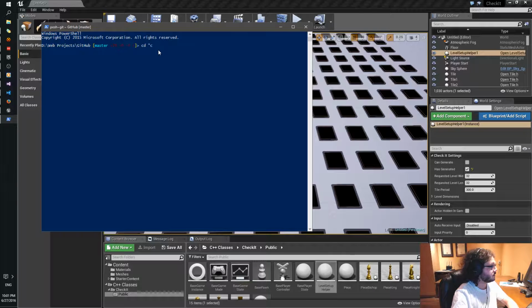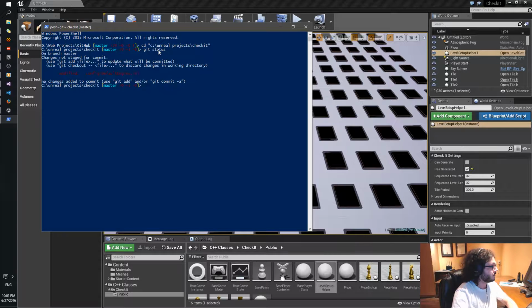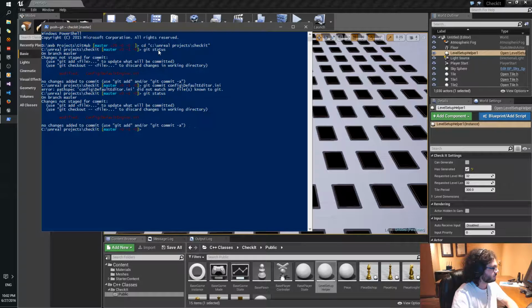CD, commit config. Should result in the same thing, but you know. Oh, git add.